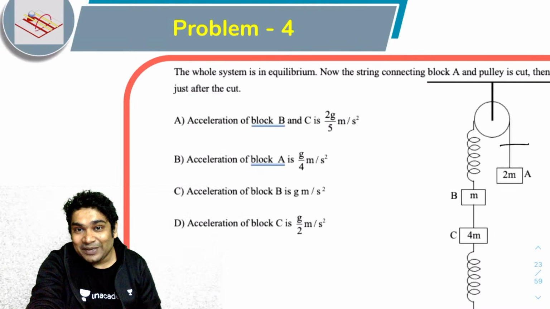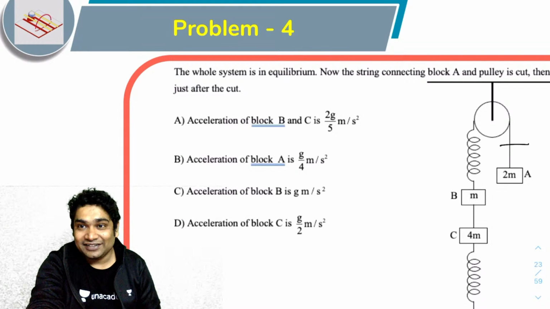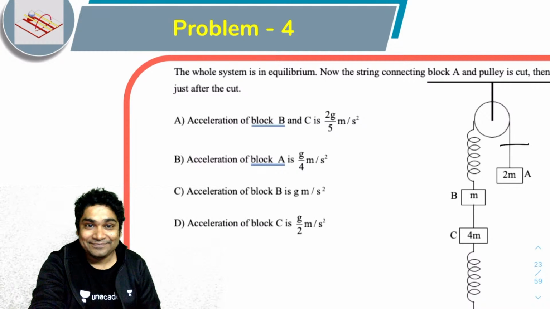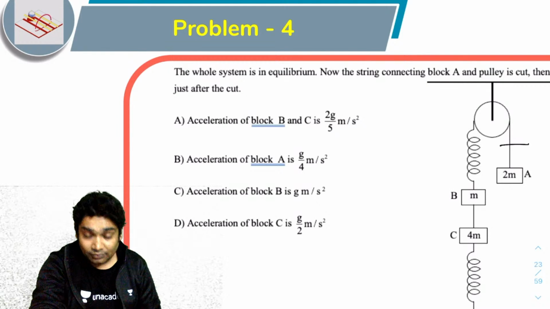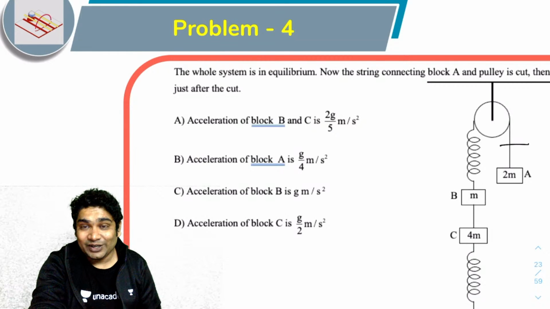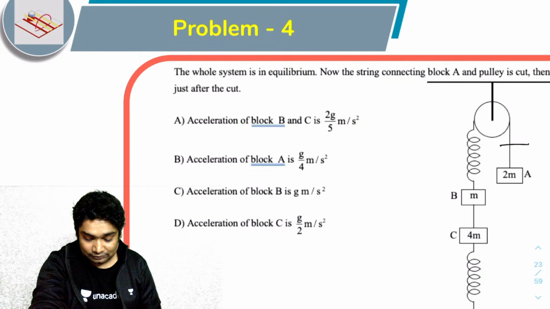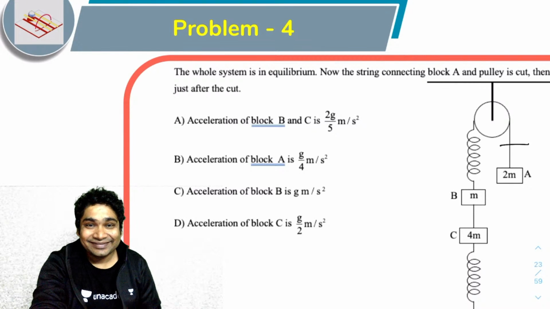First of all, option B, of course, you can rule out, right? So just after that string is cut, the acceleration of A would have been g. So that should be pretty straightforward to see. It cannot be A. Okay. Let's see if you can figure out which of the following options is in fact correct. All right, try this, people. Let's try this and then we'll see.